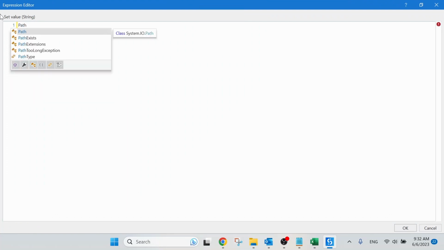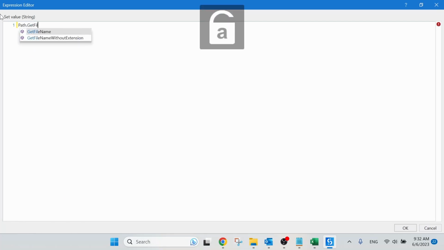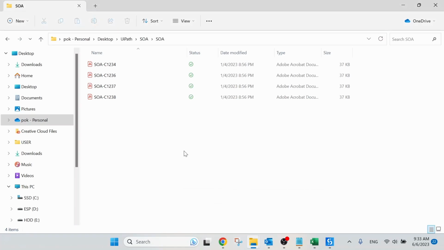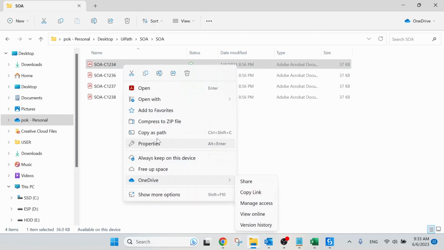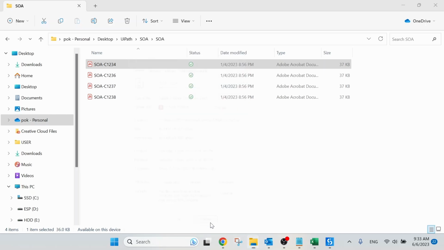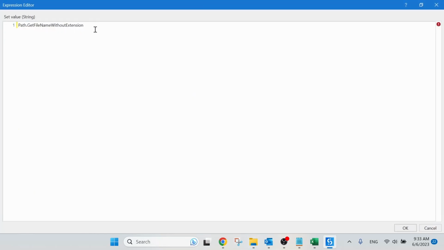Type Path.GetFileName. We are going to choose GetFileNameWithoutExtension, the second option, because the intention for us to do this function is to extract this customer code only, and we do not want the extension at the back. What extension means is actually the type of file, and in this case it will be our .pdf. We do not want to extract this extension. We just want this customer code. So this is why we select GetFileNameWithoutExtension. Open and close bracket,